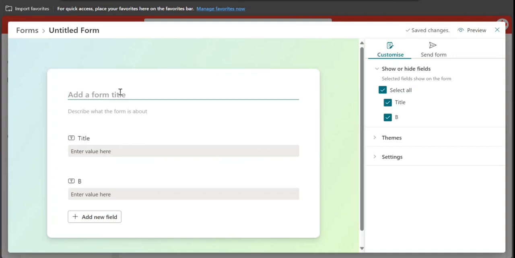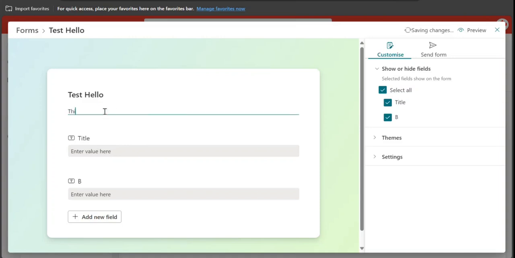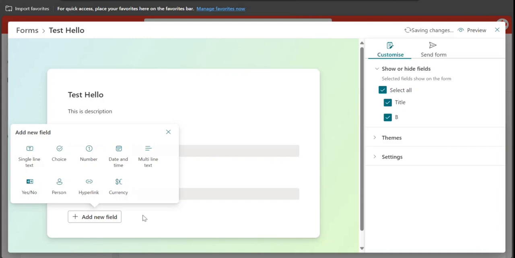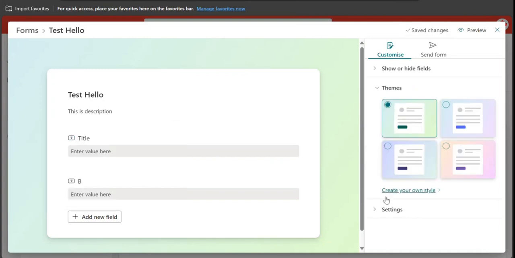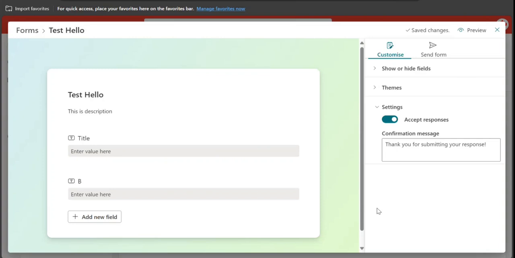So I can put a name, test. Hello. I can even put some description. This is description. Okay. And if you want to add a new field, you can add, and you have that option. Now you can select themes. You can do settings, all those sort of things that you used to do in this form, and then you can